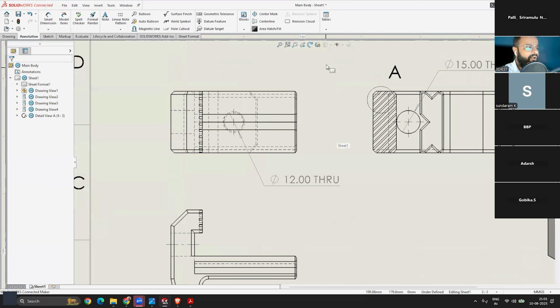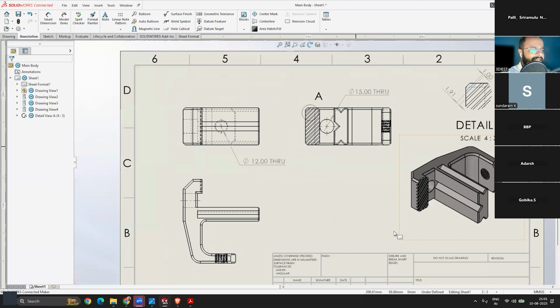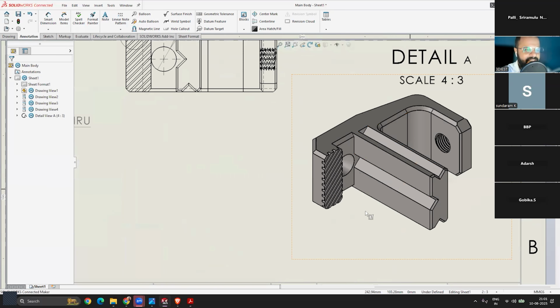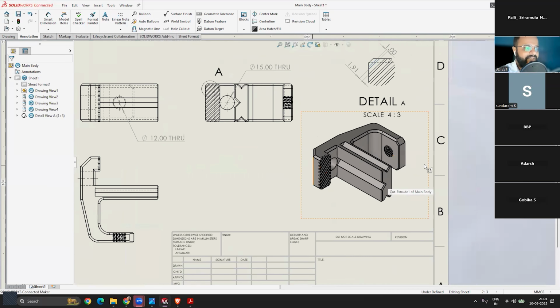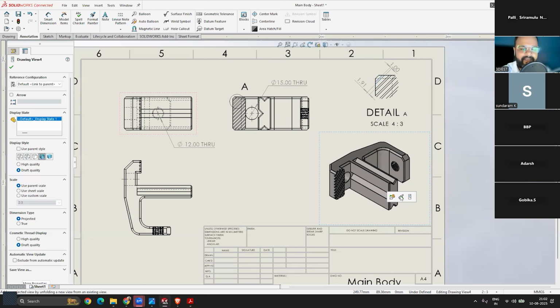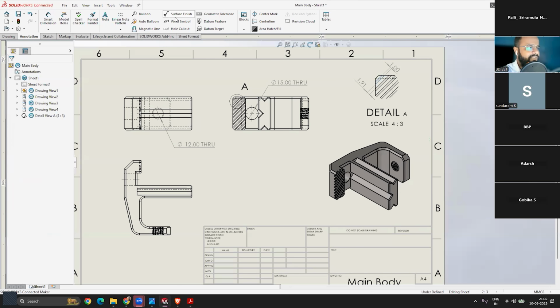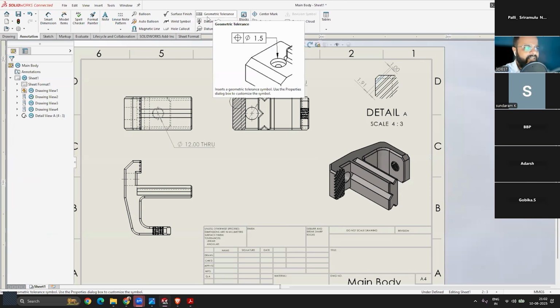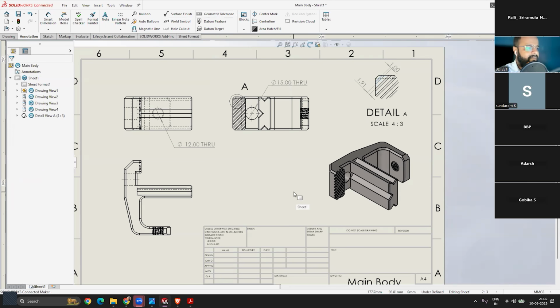We also have an option to add balloons, but for a part file it doesn't make sense to add balloons because this is just a single part. But we also have the option to add notes. We can add notes, we can add weld symbols if your part has any welded feature, but this is a single piece part, so there are no welding things that we have to add. But weldments are a little bit of an advanced thing that you can start learning by exploring yourself. Apart from that, we also have options to add surface finish, geometric tolerances, and things like that.